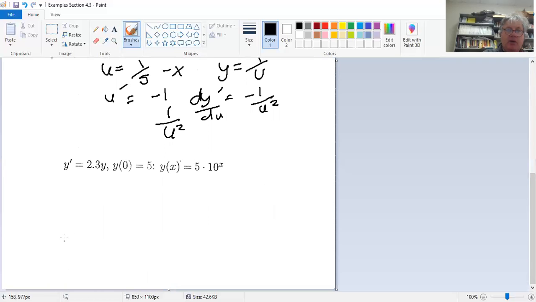Okay, and one last problem. y prime equals 2.3 times y, y0 equals 5. And I claim the solution is 5 times 10 to the x. Well, what is the derivative? Well, the derivative of 10 to the x is going to be 10 to the x